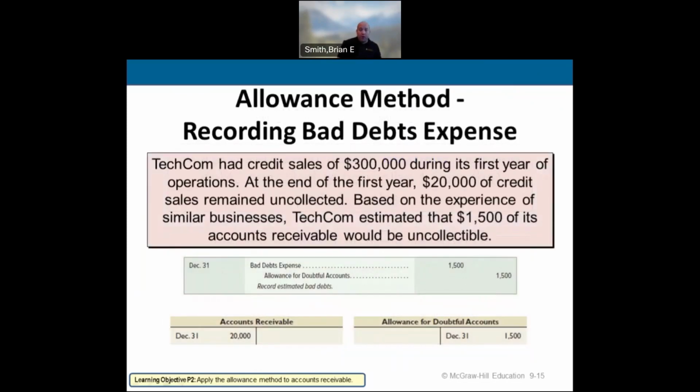All right, so when we estimate something in this account, the journal entry to fund the allowance for doubtful accounts, which is a contra asset account to the accounts receivable account, is going to be a debit to the bad debt expense in the period in which we've made those revenues. And we say, okay, we think that $20,000 is going to remain uncollected. We're never going to collect it. We're going to fund the allowance for doubtful accounts.